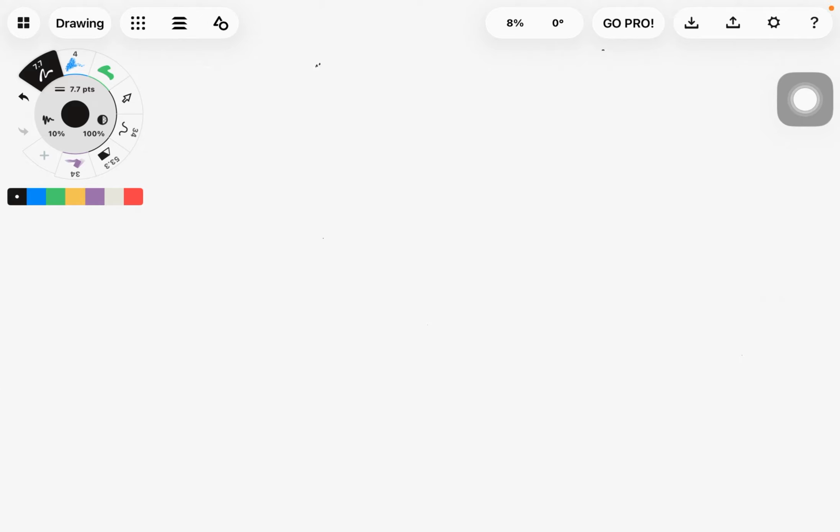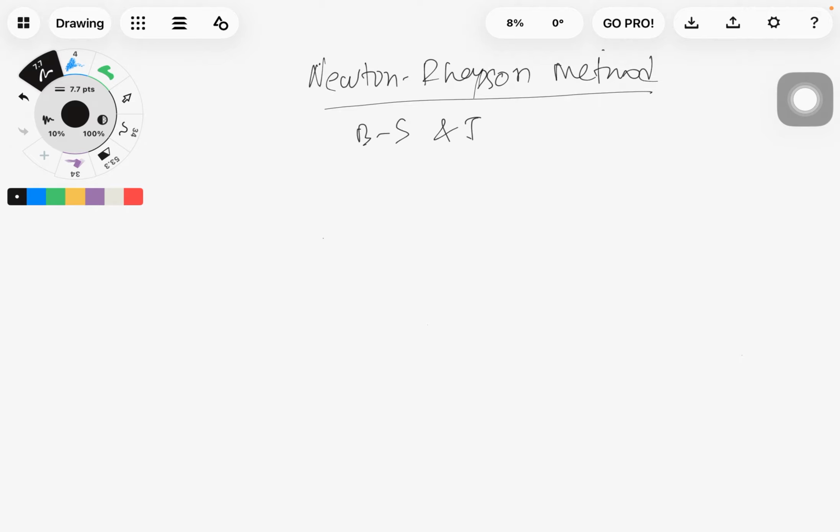Today we're gonna talk about Newton-Raphson method and its relation with Black-Scholes and implied volatility. So first of all, what is Newton-Raphson method? It is one of the numerical approximation methods